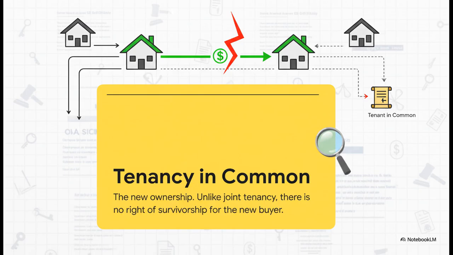When one owner dies, their share automatically goes to the other owners. But when someone sells their share, that bond is broken. The new buyer comes in as a tenant in common, while the original 2 owners who are left remain joint tenants with each other. It creates a little hybrid situation.